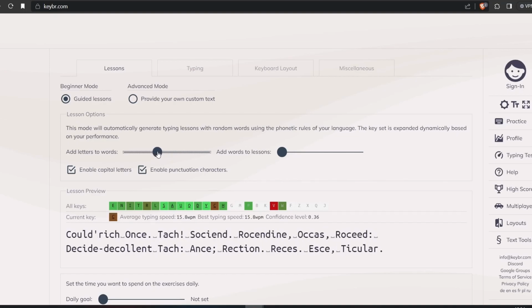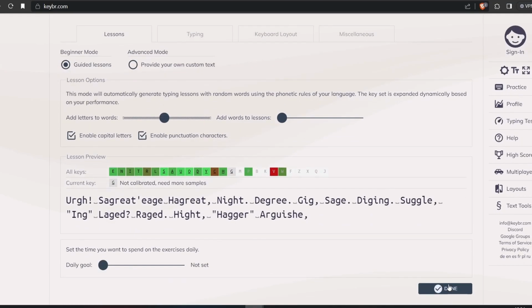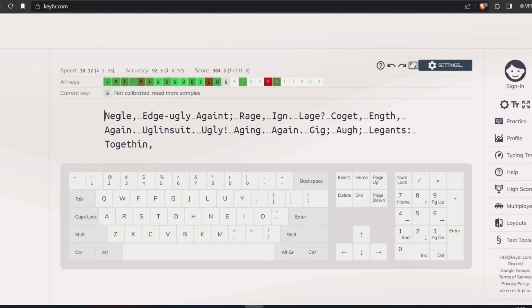So I'll show you an example for me. I'll just leave it somewhere in the middle, and click done at the bottom here, and let's get started. Okay, so